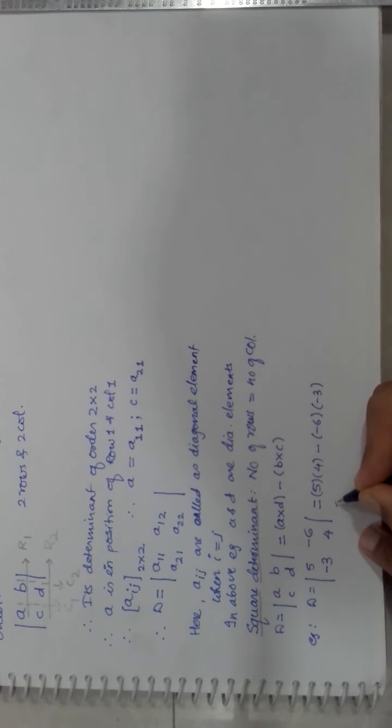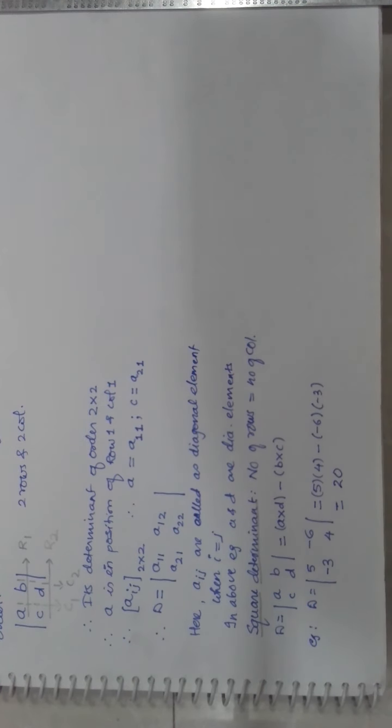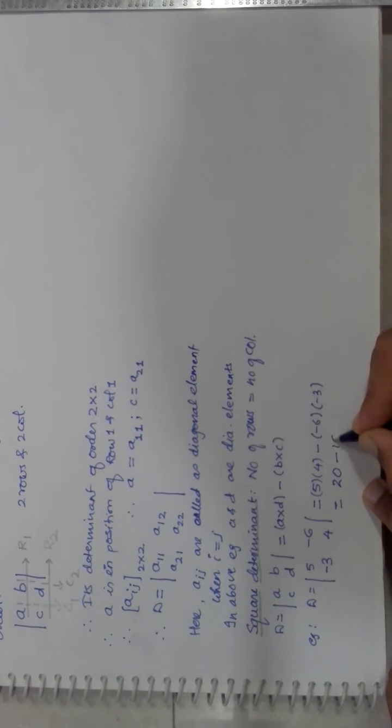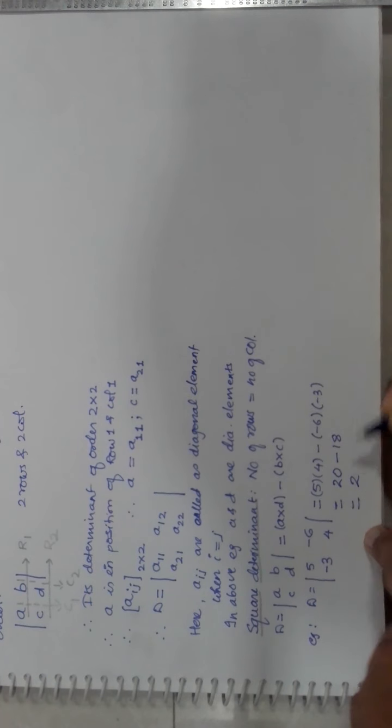So it becomes 5 4s are 20. Now see here, you can see minus is multiplied 3 times. So it is minus 1 into minus 1 into minus 1. You can remember it like this: if the minus is multiplied an even number of times, it becomes plus. But here it is multiplied 1, 2 and 3 times, which is odd, so it will yield you minus. So 6 3s are 18. So the value of this determinant is 2.